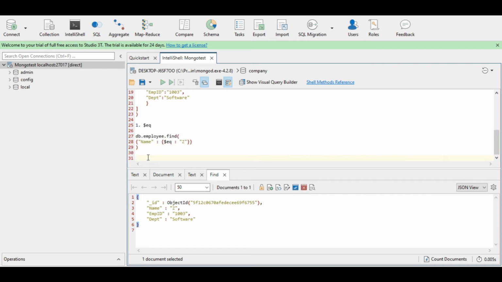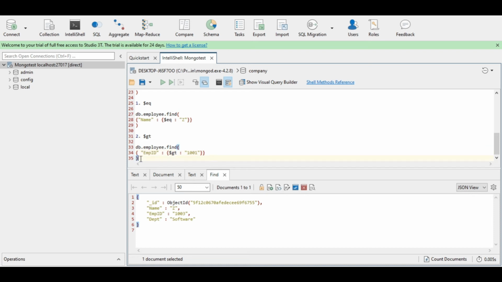Now I will be performing the next operator, that is $gt. So how can this be performed? Here we will be using the greater than operator. So $gt colon, and we want the employee ID where the employee ID must be greater than 1001.